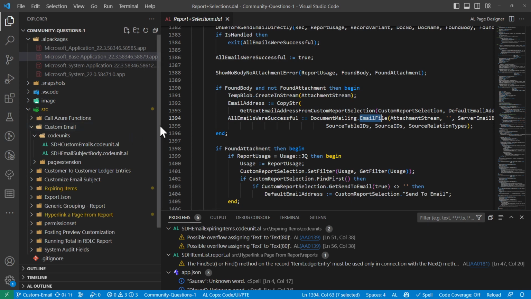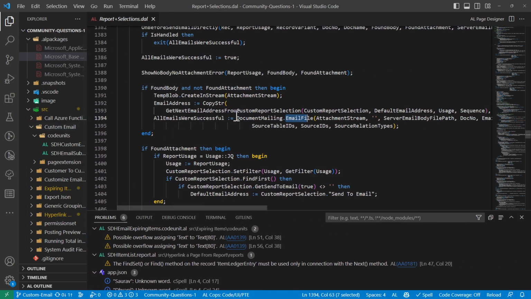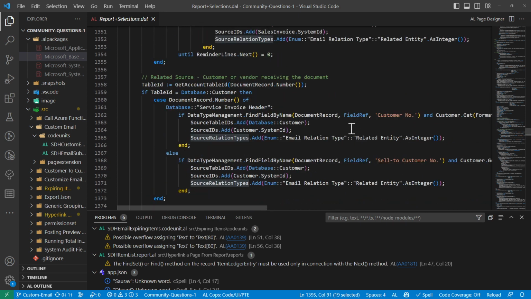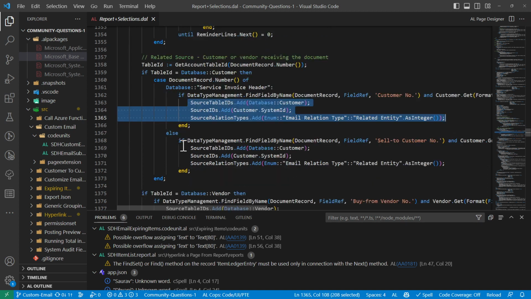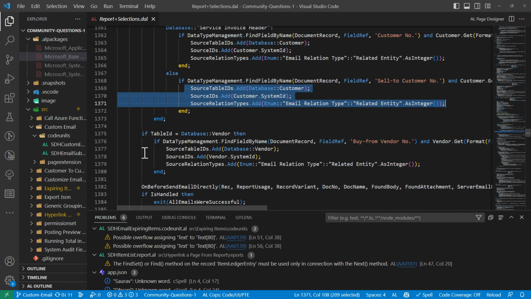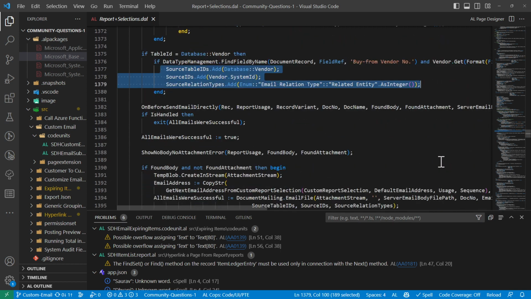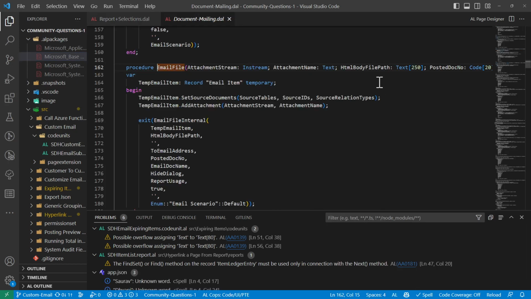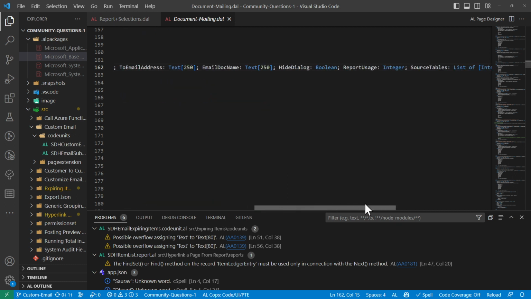So if you look at this area of the code, in this area, it is saying that I'll give you the source table ID, source ID, and relation type, which are being set here. So in case of email item, what Microsoft is doing here is based on the record that they are in, they are filling up these three buffers. Three tables or three variables more or less, as you can see here also. And then these variables are passed to this method of email file. So let's go there and see what Microsoft is doing with these variables, which is source relation type, source ID,